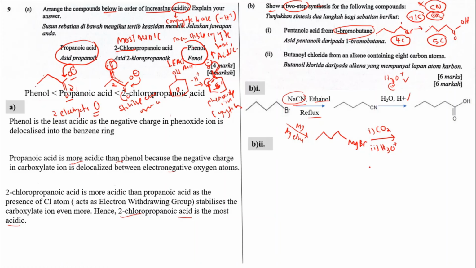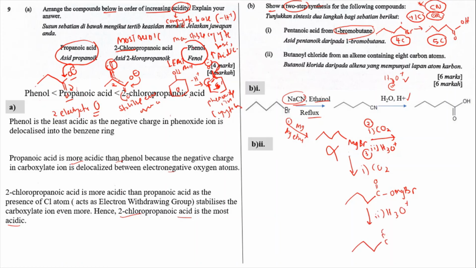So in this case, it basically involves two steps. This one is already considered one step, and then this one is two steps, and this one is three steps. So it's already three steps, but we only need two steps. So for this case, this pathway is not accepted because it involves three steps. If you were to do it one by one, you will get 1, 2, 3, C double bond O, OMgBr. This is step number 1 using carbon dioxide. And then for step number 2, using H3O+,